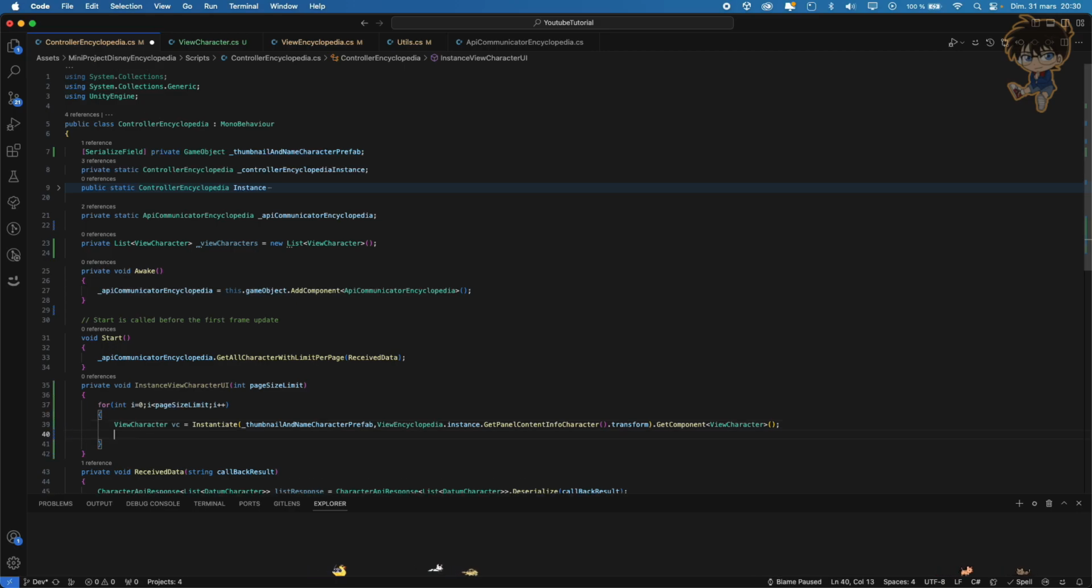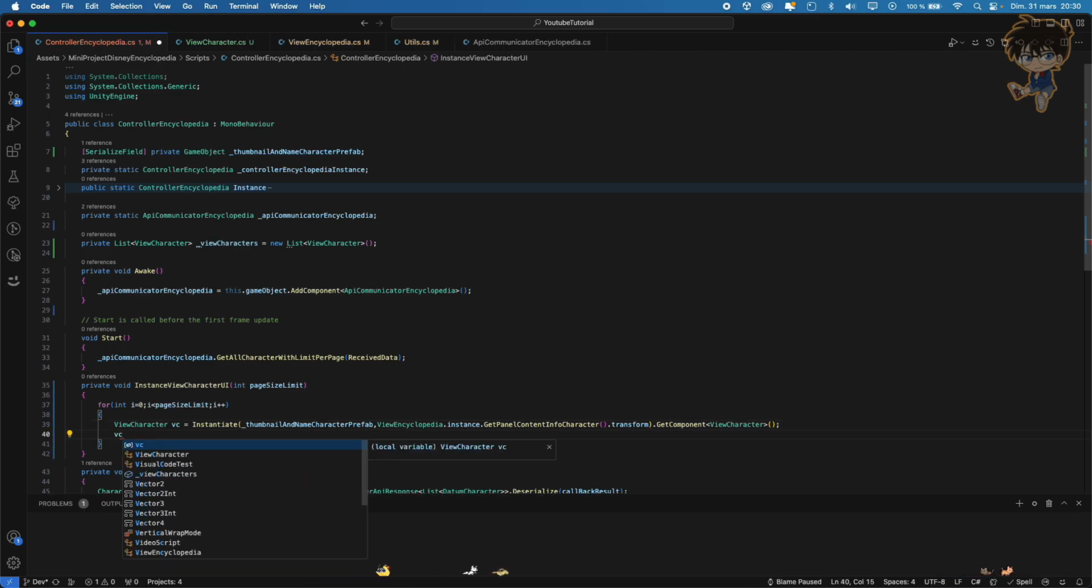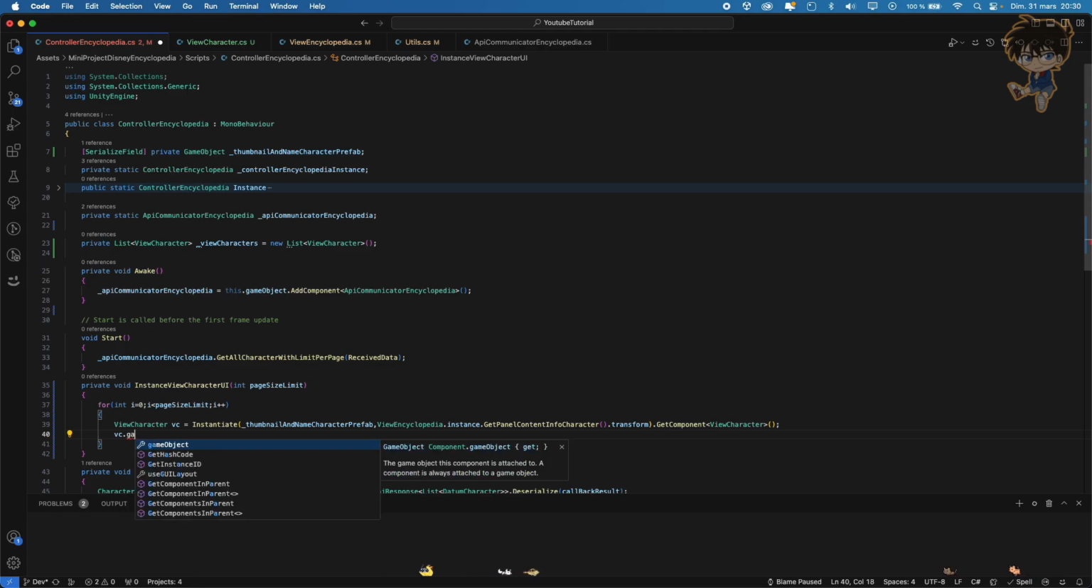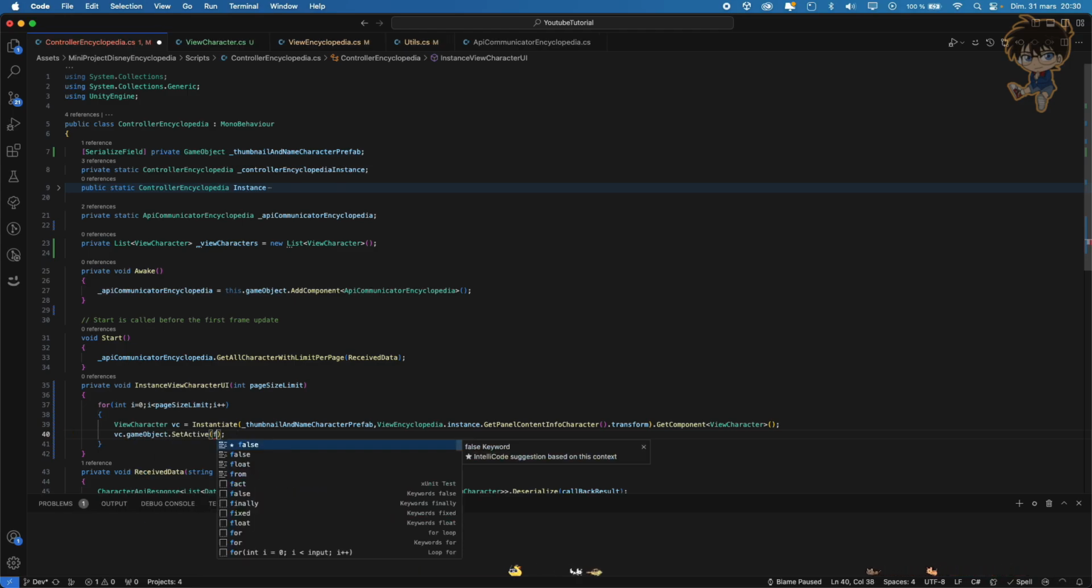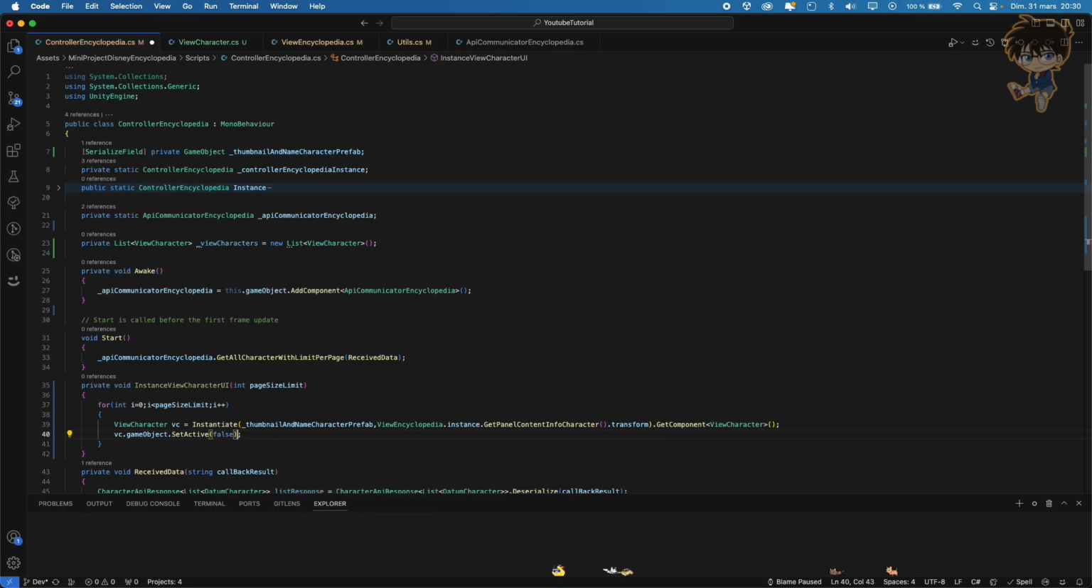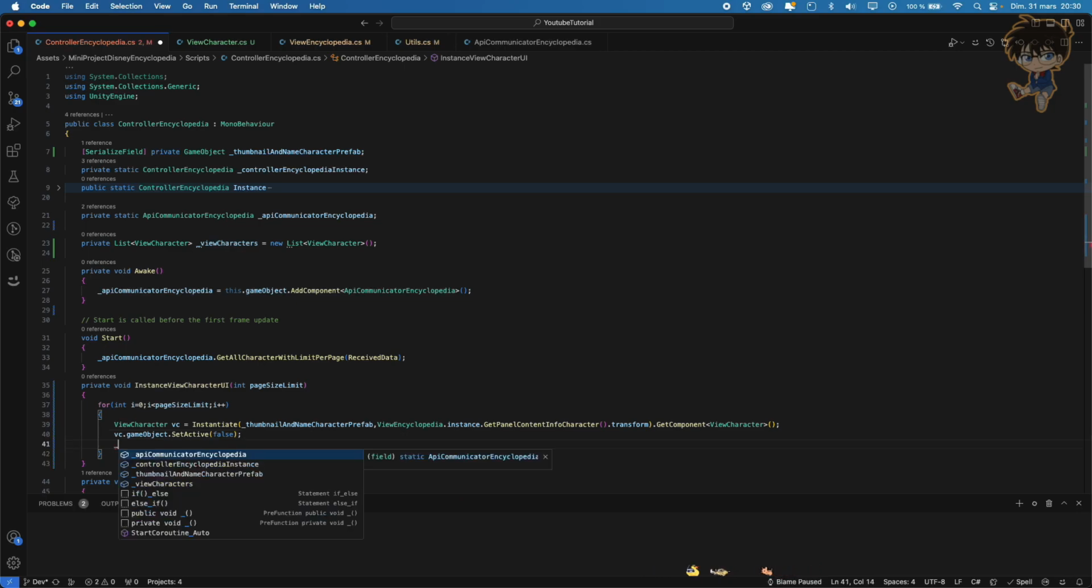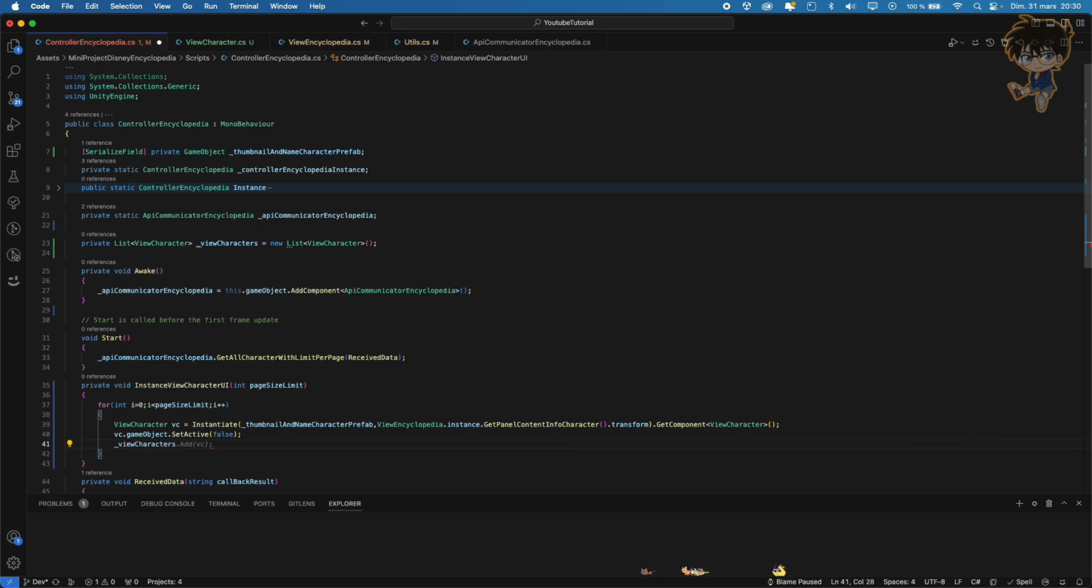What I want to do after is say vc.gameObject.SetActive equal to not true but false, because we don't need it right now, because we don't get any character yet, but we start to instantiate it. And also, on the view character list, I want to add the character I just instantiated. So we can save this, and we can call basically this